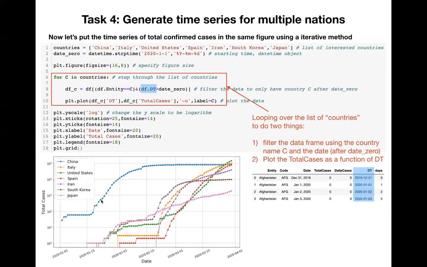So these are the results that China's got, and you got other countries like Italy, United States, and all these, all the way to Japan, which follows a much less aggressive curve, while these are more on the exponential growth. All right, so this is a nice way you can loop over this, and I hope you